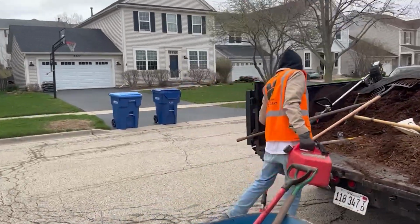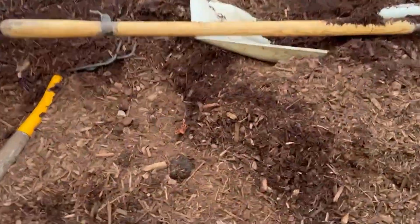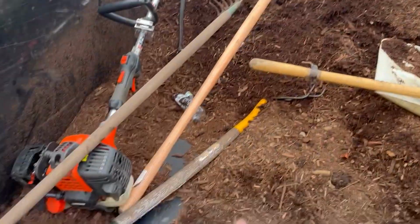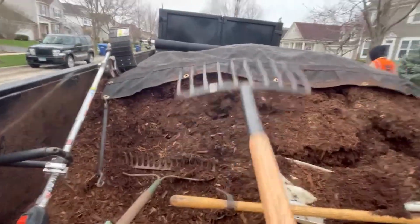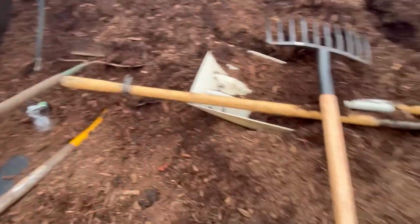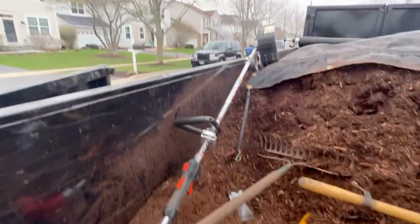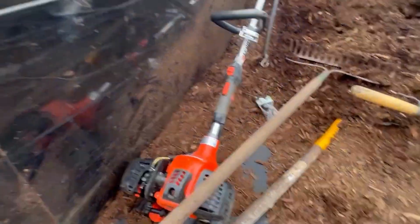He is kicking butt, but here we got a nice premium blended mulch. It's great high quality mulch. We got these extra long pitchforks. These are always great. It's like a Reaper pitchfork. These work awesome. And then we got ourselves some shovels, some metal rakes, and I do sometimes use this Echo